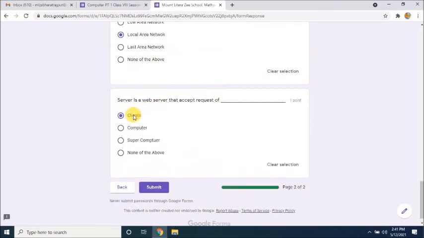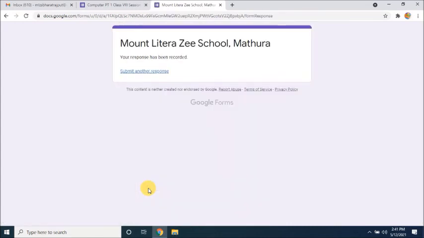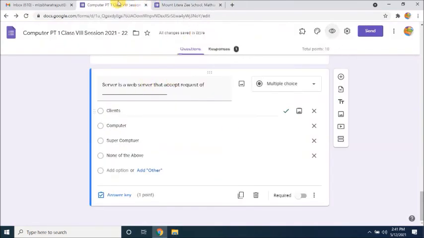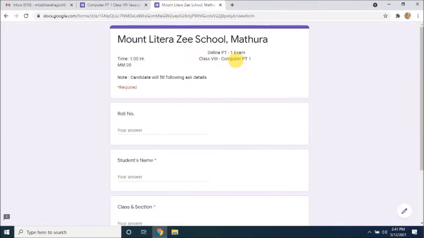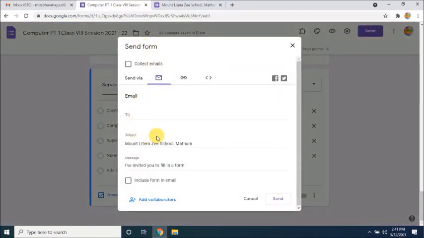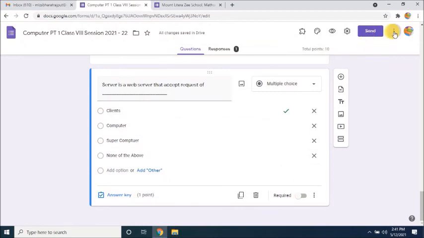Clients. After completing the paper, the student just directly clicks on submit. Then what will happen? The response has been submitted to the Google server. After that, what will we do? We have to just close this now. For example, we can share with the help of send. Now I'm showing the meaning of send here. So if you want to send the email link, you can send. You can invite someone now. You can invite here now. Okay. Yeah, you can just generate the link.